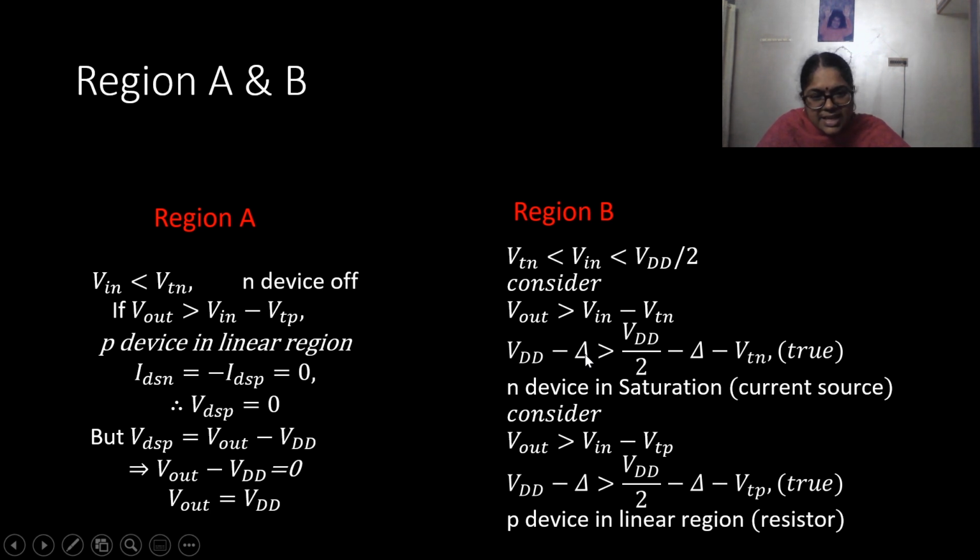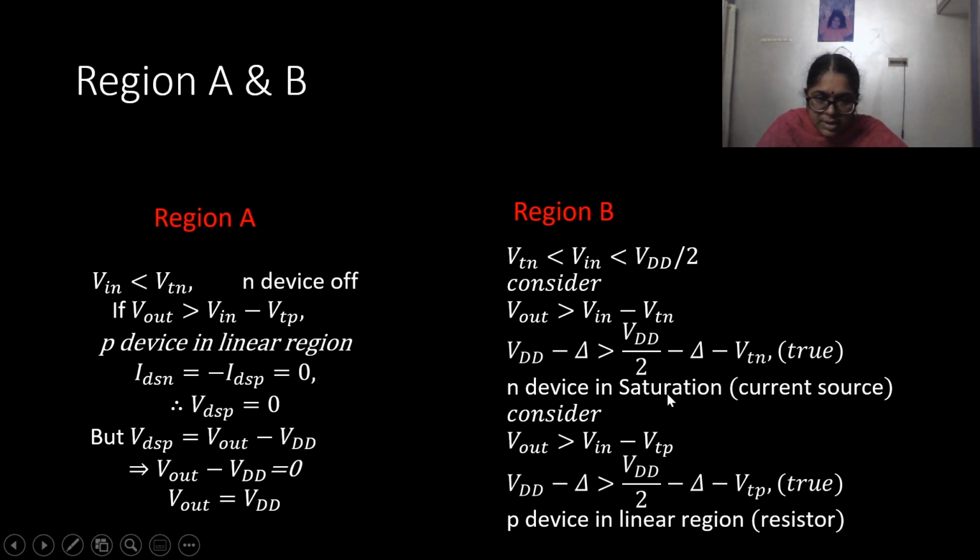Vin, we have taken a point which is slightly less than VDD by 2, so Vin is replaced with VDD by 2 minus delta, and we have minus VTN. So obviously from this expression we know that VDD minus delta will be greater than VDD by 2 minus delta minus VTN. This is true. So because the condition Vout greater than Vin minus VTN is satisfied, we say the nMOS transistor will be in